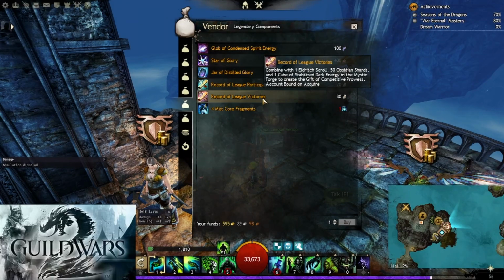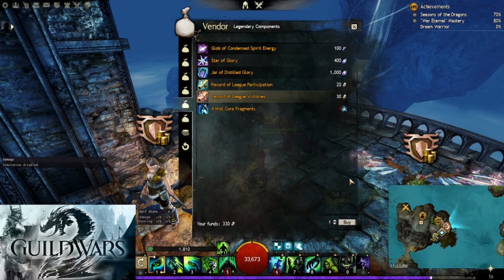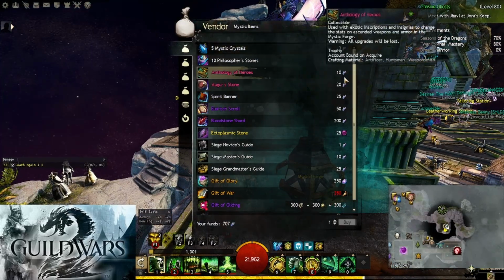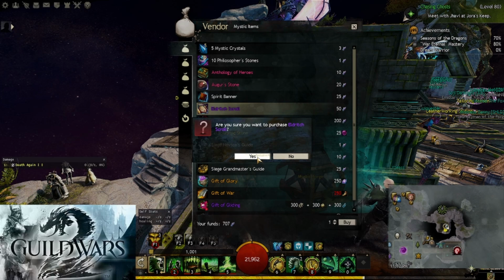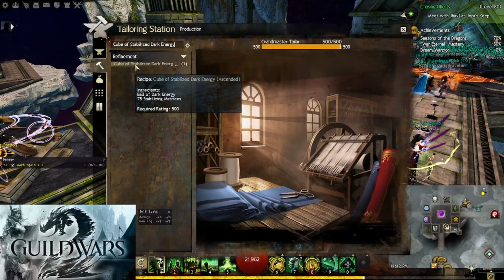That's going to be sold by the vendor over here in the PvP lobby area. He's going to sell us that for 30 of the PvP league tickets. We're going to need an Eldritch Scroll. That's going to be sold by Miani, the Mystic Forge attendant, for 50 of the Spirit Shards. We're going to need 50 Obsidian Shards, and we're going to need a Cube of Stabilized Dark Energy,